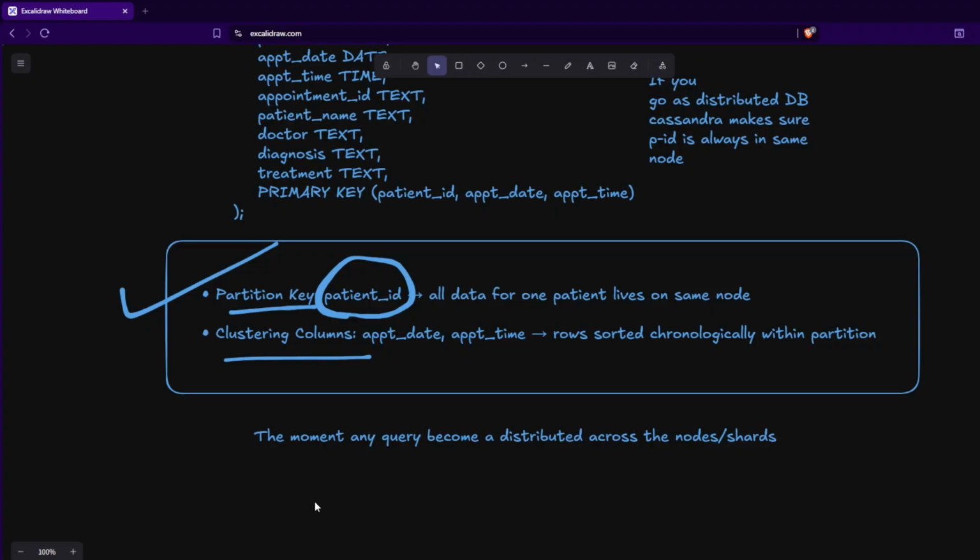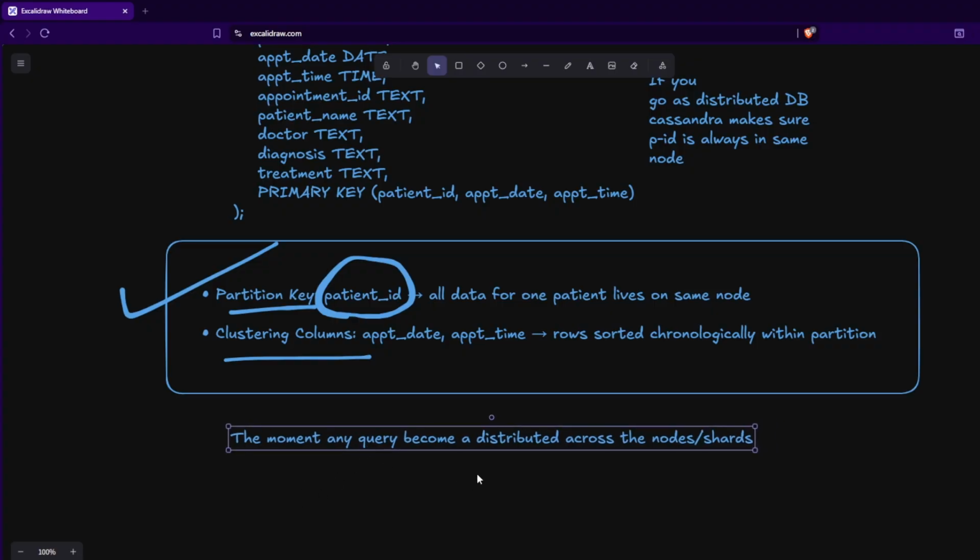Nodes means, as you are dividing your data into different databases in different geographical boundaries or different machines, suppose, those things are known as nodes. And the moment you need to query two different nodes and bring the data,